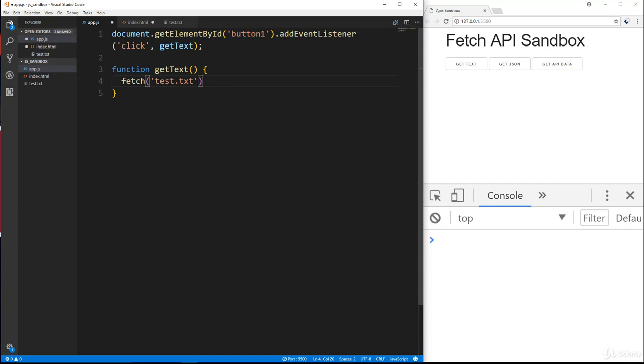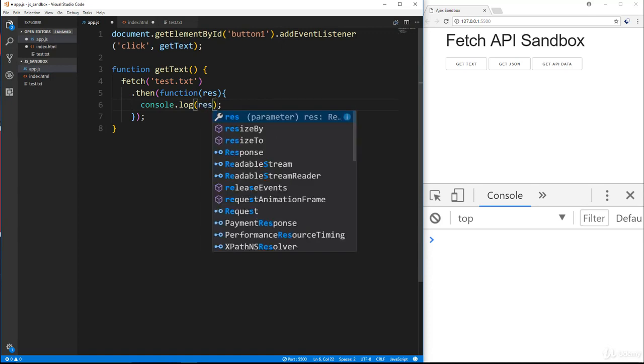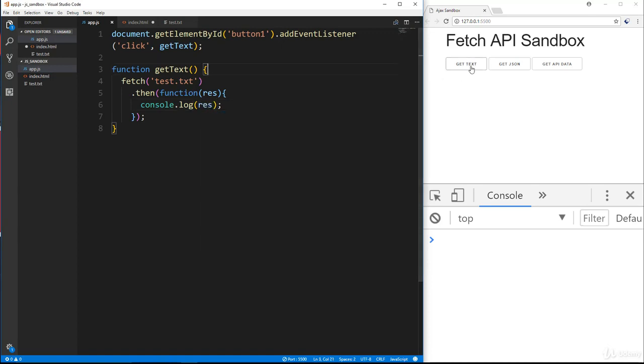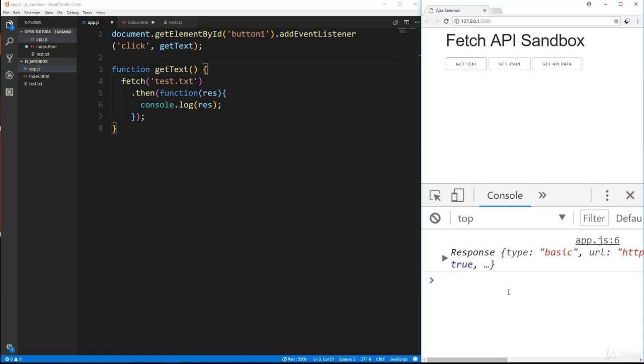Now remember, in the last video we looked at promises and we saw that when you get a response from a promise, you have to use .then. All right, so we'll say .then. Actually, I'll put this on a separate line, and then we're going to pass in here a function with a response. All right, and then let's see what that gives us. So we'll say console log res and save, and let's click the button here, and we get this response,